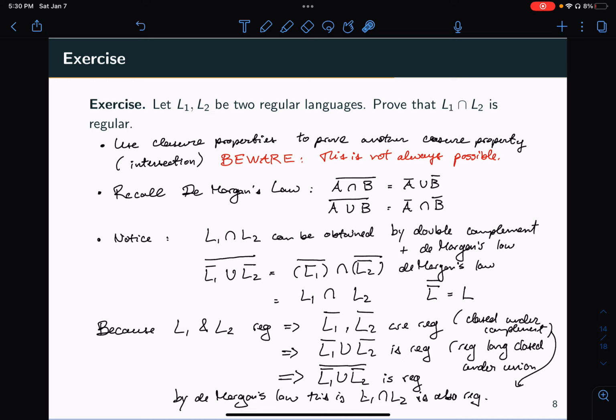And then I used the closure properties, and the fact that regular languages are closed under the union and the complement, to show that this language was also regular. Okay, and so just a note